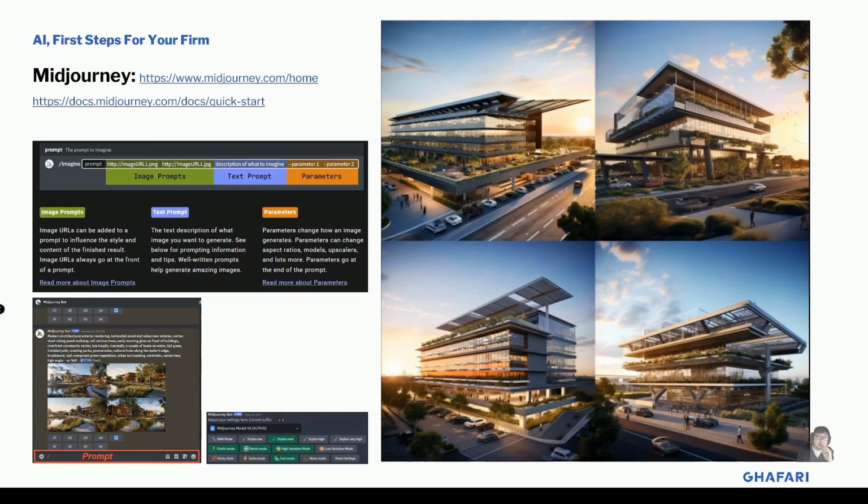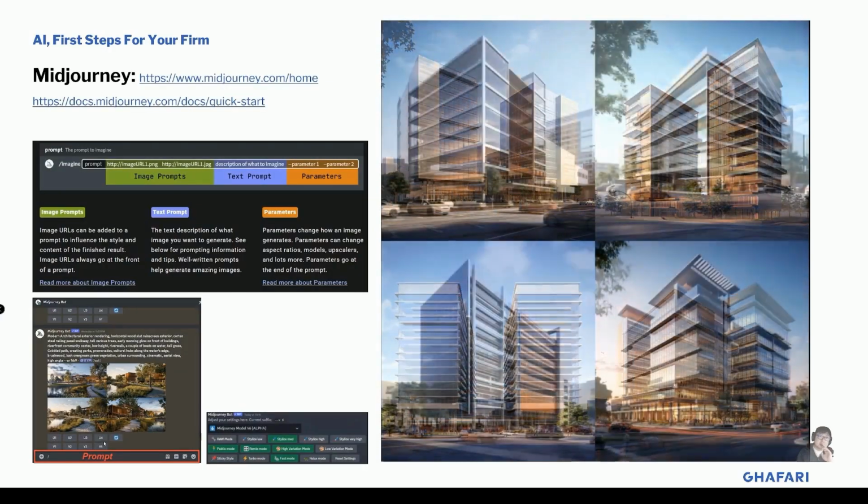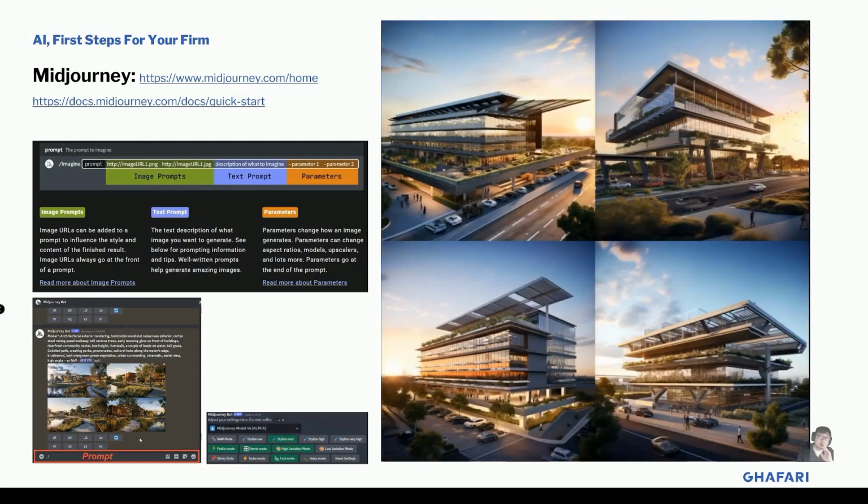Each time you generate images, it'll give 4 images at a time, and then you have the choice to select whether you want to upscale it, or make further variation studies to create more iterations, if you want to see variations from that particular image. So this U1 means that you want to upscale the first image, or U2 will be the second, and so on, and the same thing goes for the variation. So if you want to make a variation from the first image, that will be the button you select from